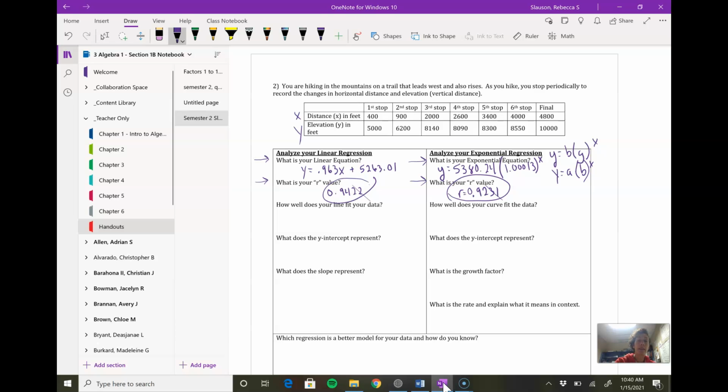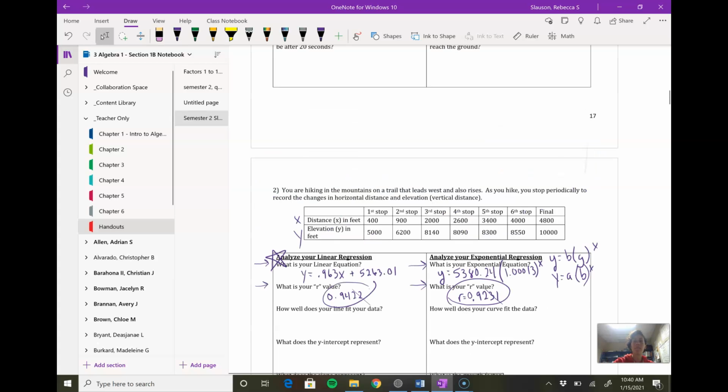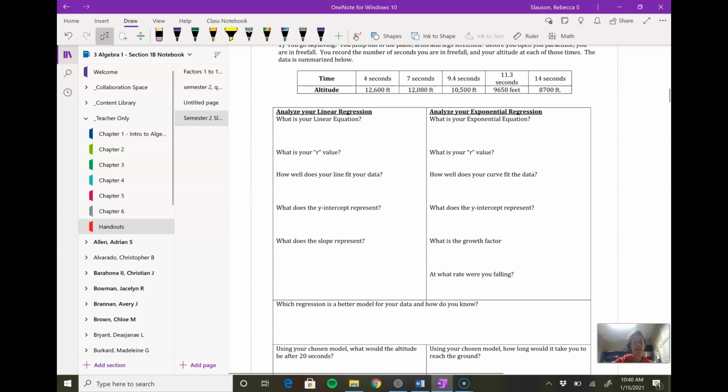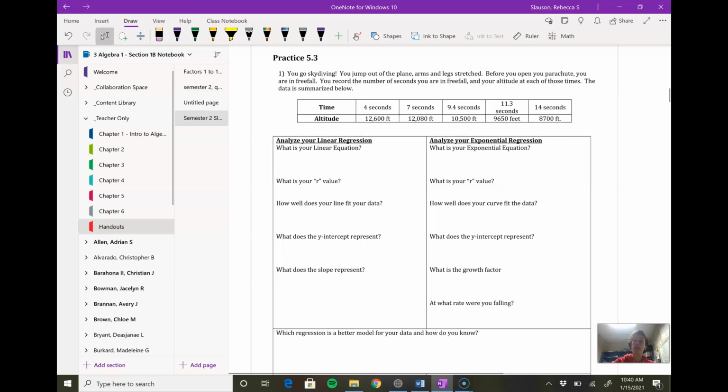So the winner is linear. Eventually one of these is going to be better, and if you can't tell, the R number will tell you. That's why I put a star there. So that's page 18. We're going to do page 17, and then your job is you'll do page 16